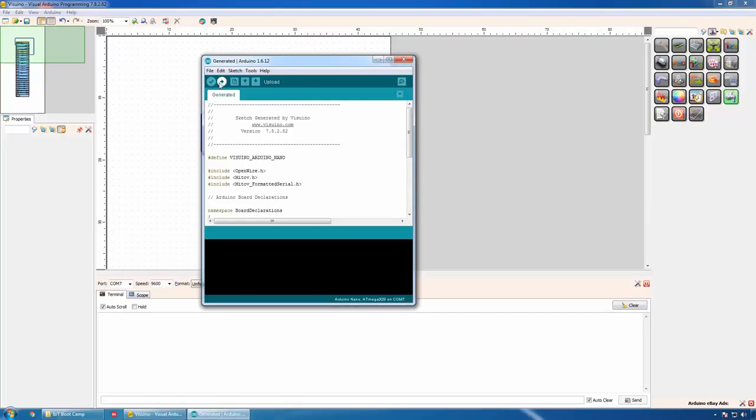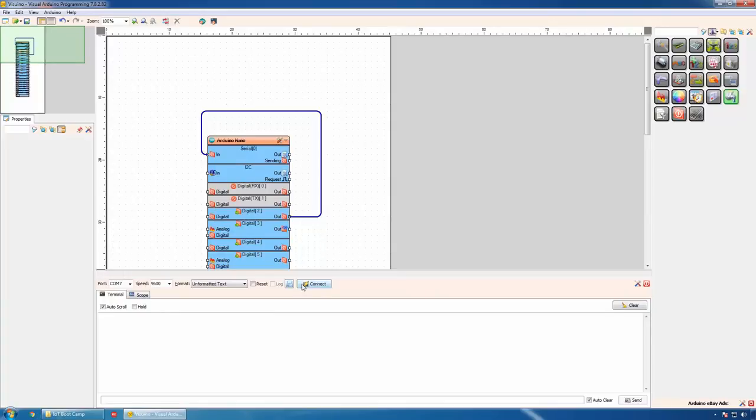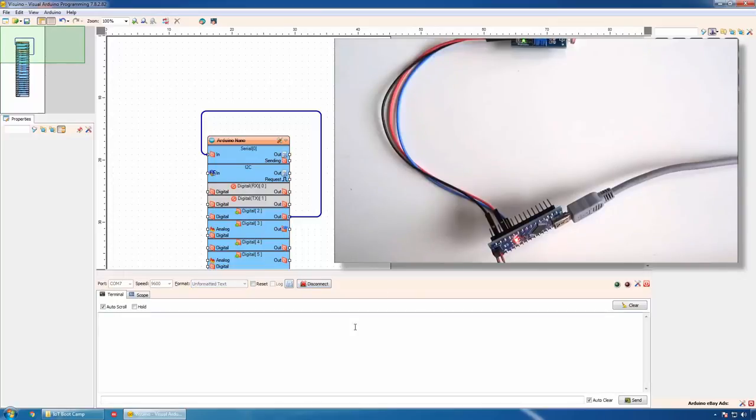Compile and upload the code. The code is uploaded and now we can test the project. We can connect to the Arduino Nano with the serial terminal in Visuino. First, we need to select COM port, speed, leave the rest of the settings unchanged, and click Connect. We'll connect to the Nano